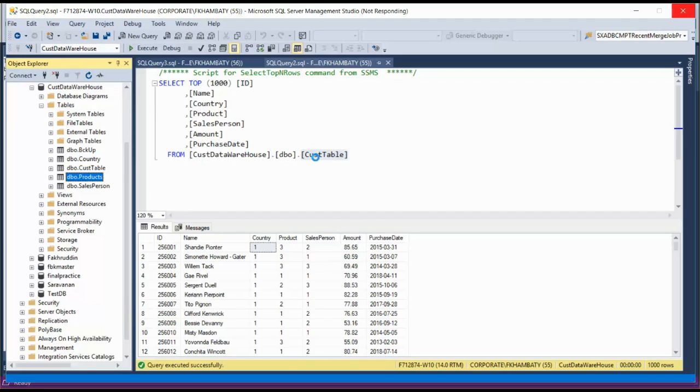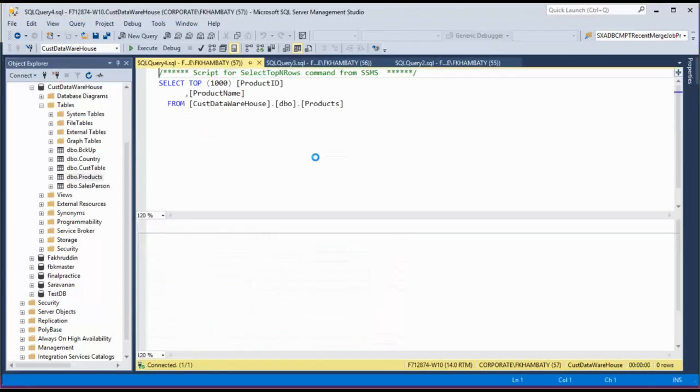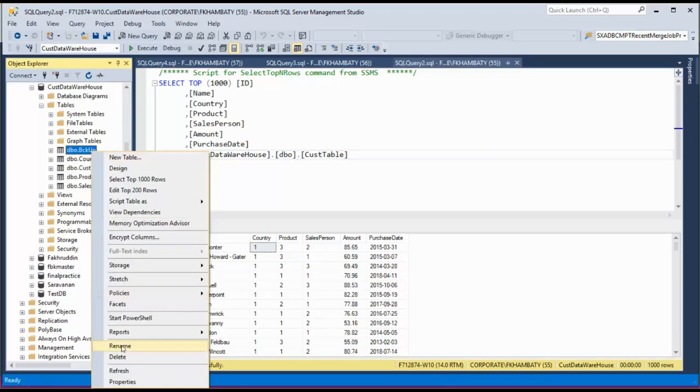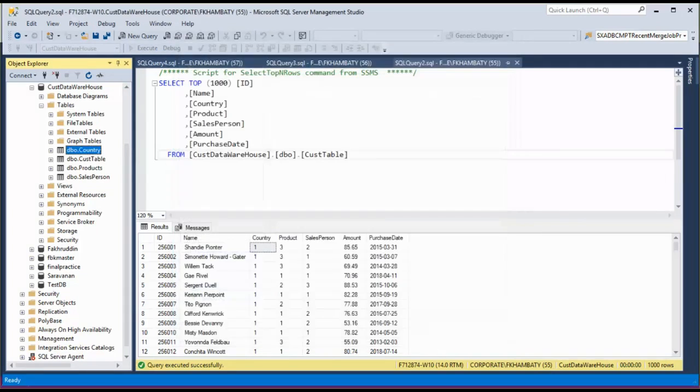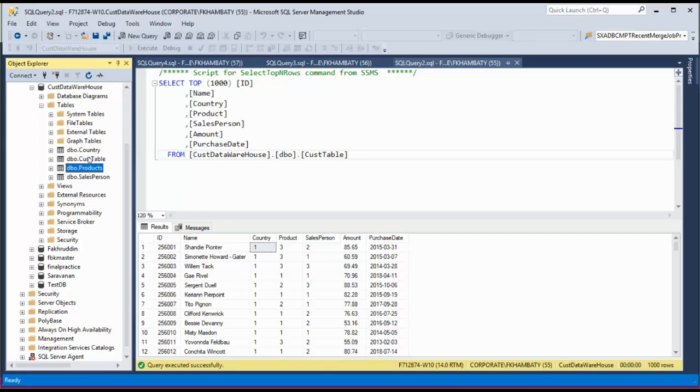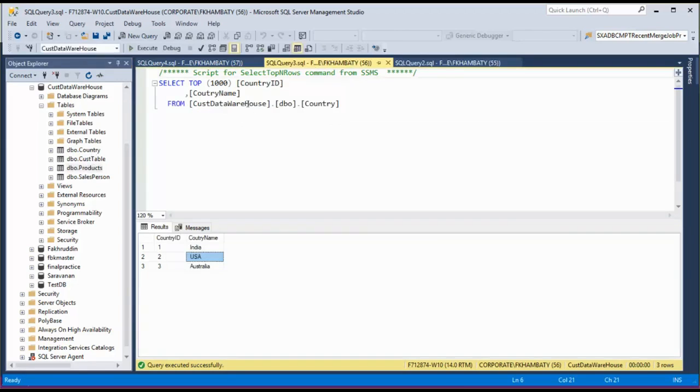So I hope you have a clear understanding about this particular data structure. It's a very basic thing, foreign key, primary key, there are just 4 simple tables. Forget this backup, let me delete it. The very simple 4 tables out here that you have to study, that you have to create. In the first table, you just have to create ID, name, country, product, salesperson, amount, purchase date, and the respective 3 other tables that you will create, you will just create like this.